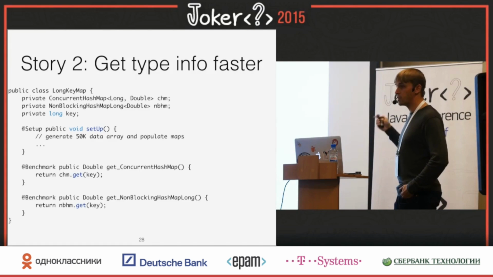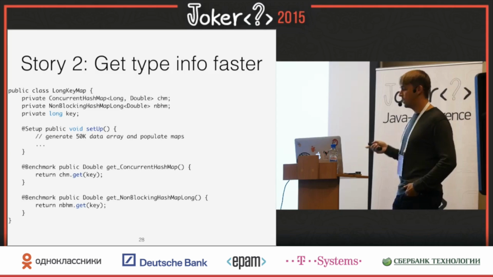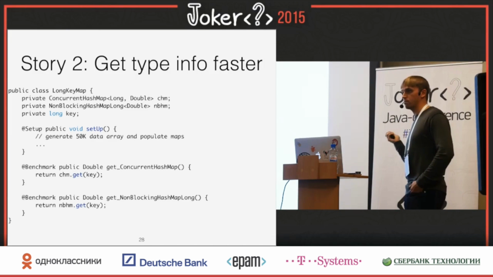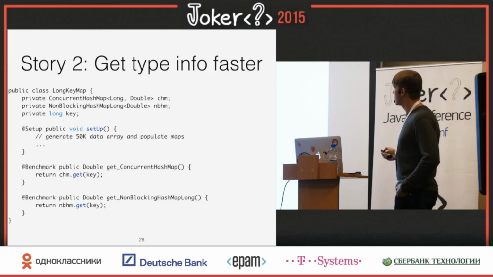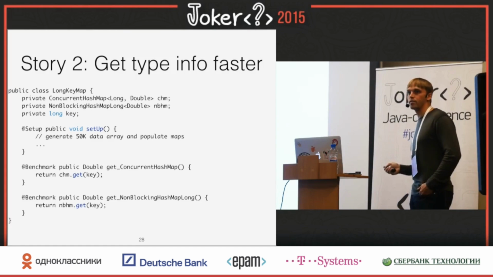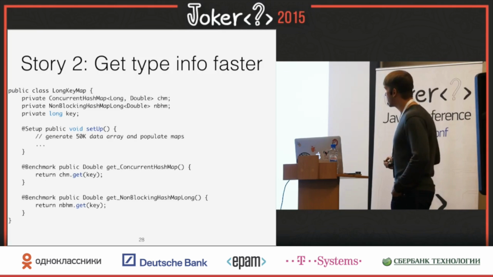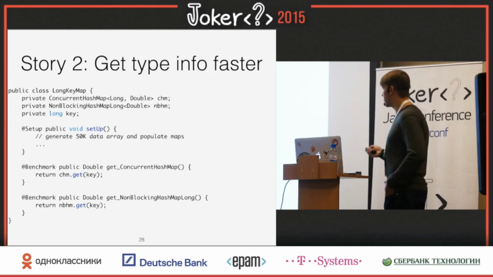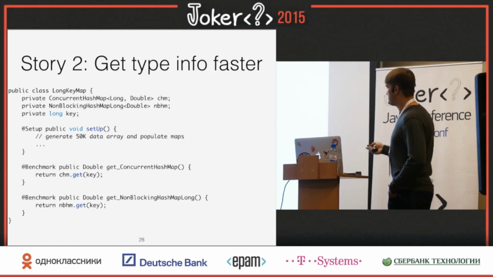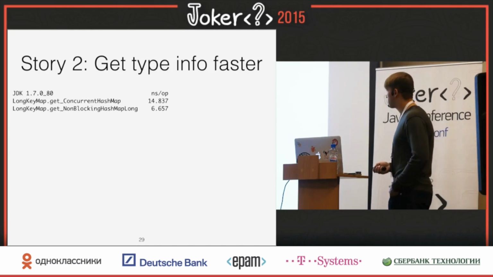By the way, all the benchmarks and numbers I show here are published on GitHub, so you can have a look at the benchmarks, verify for yourself, run for yourself. What we do here is compare the speed of ConcurrentHashMap from the JDK with NonBlockingHashMap. If you're familiar with the name NonBlockingHashMap, you would realize this is Cliff Click's high-scale-lib library. That's what we started with. I will say in a second that that's not what we use now, but we still use Cliff Click's work. So just gets, let's have a look. Was it worth it?